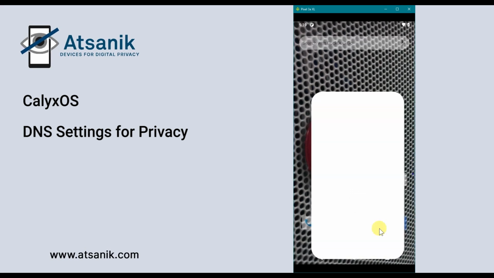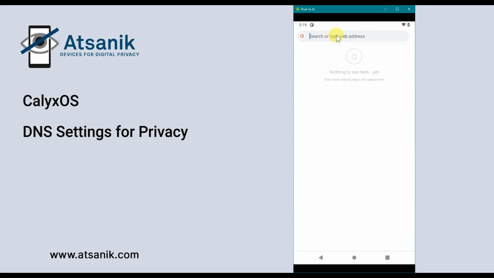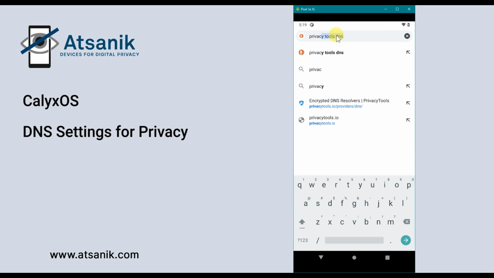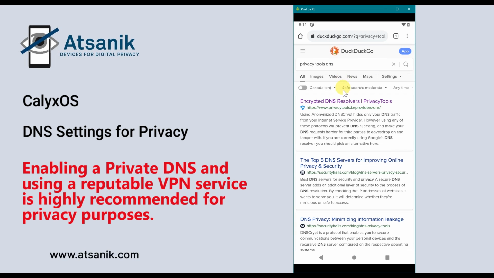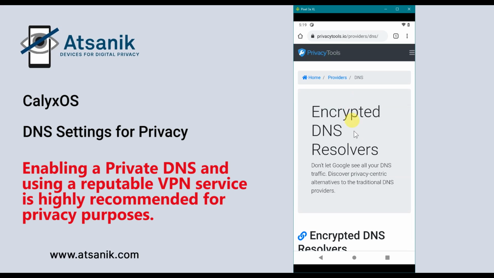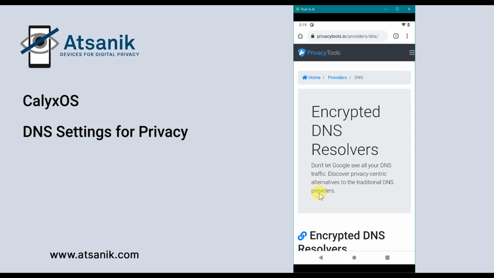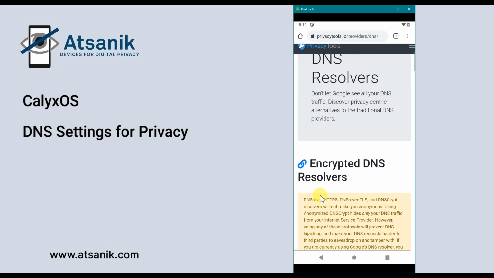Okay, let's talk about DNS. So another way to improve privacy on your phone is to set up an alternate DNS service. DNS is also known as Domain Name System, so it's essentially the phone book of the internet. A DNS service converts a human-friendly host name, like @sanic.com, into a computer-friendly IP address, which are a series of numbers like